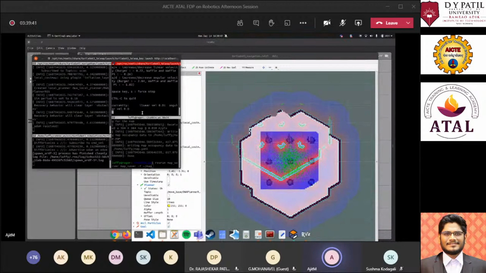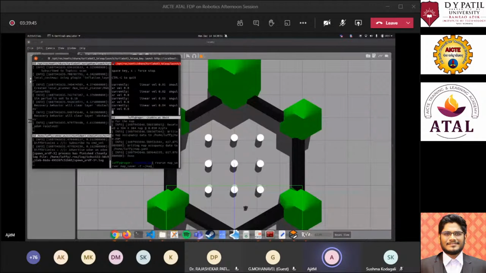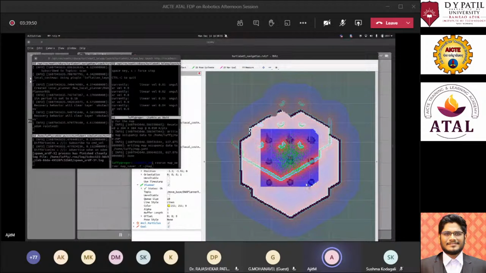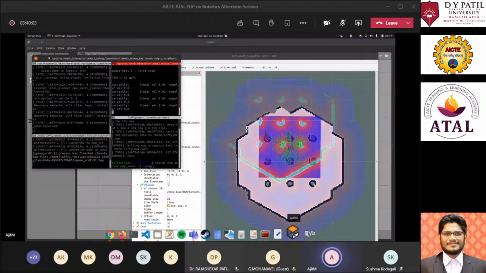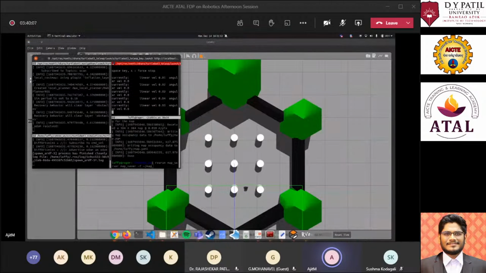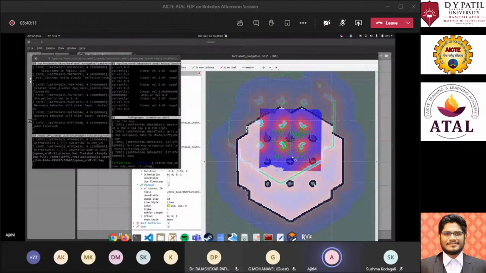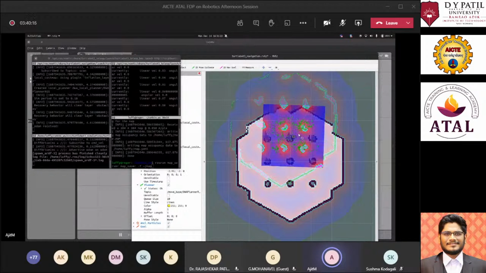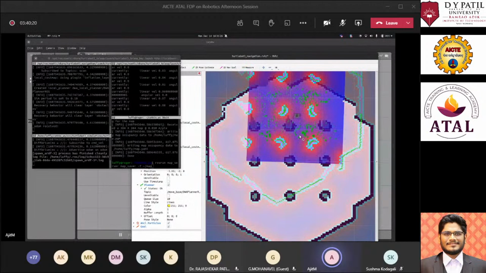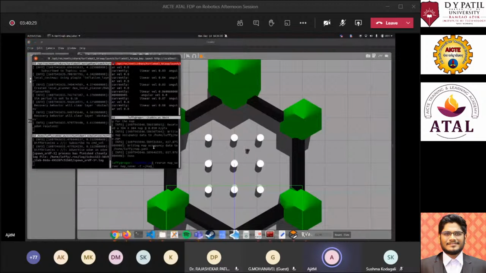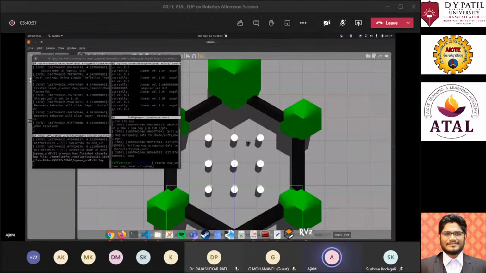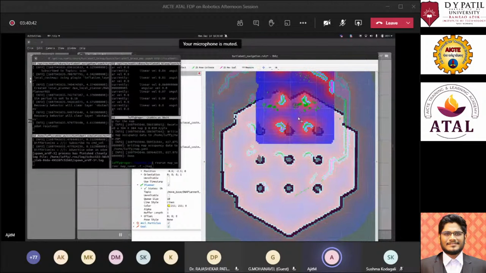And let's see if it moves. You can see now it has a little bit of a good understanding of where it is.